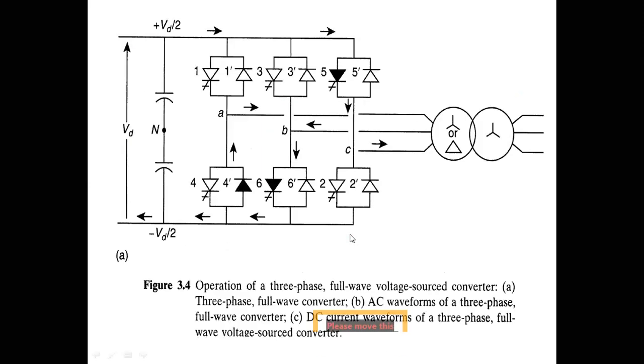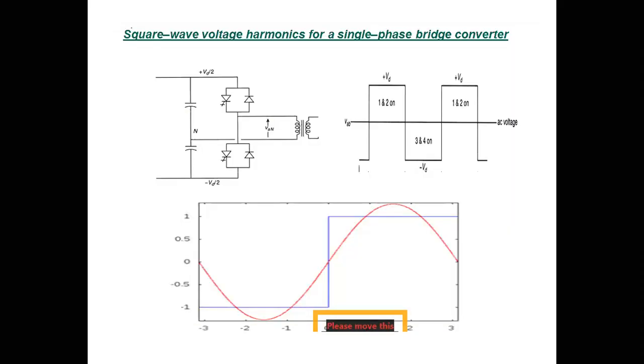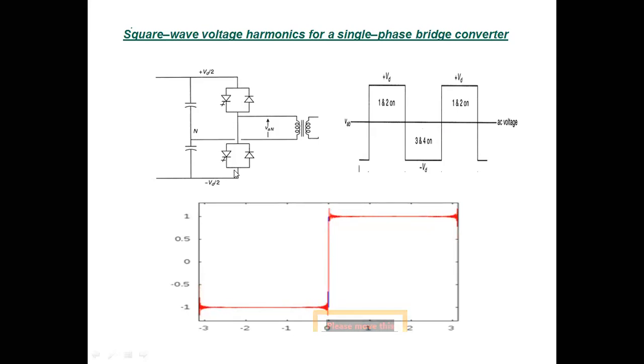Again I am repeating. In the case of single phase, single leg operation, you will have a square waveform. When the upper one is on, you get positive, and when the bottom one is on, you get negative, simply Vd by 2. Please remember this waveform I have taken from the full converter. The actual one is minus Vd by 2 to plus Vd by 2. When one is on, then 2 is on. So please go through this.